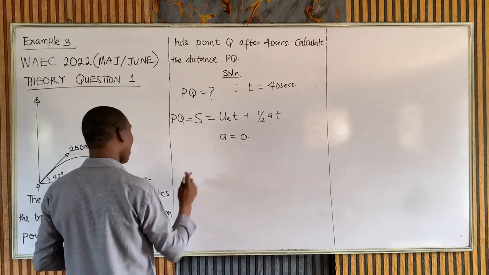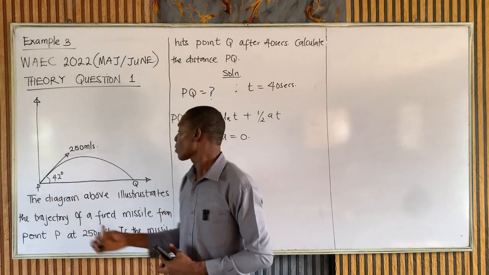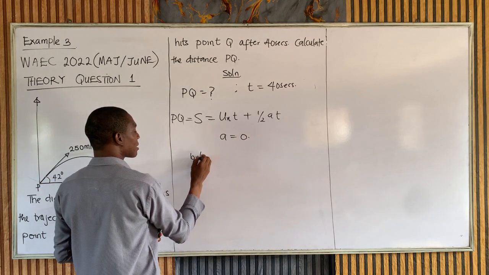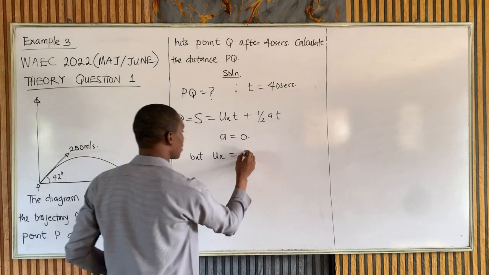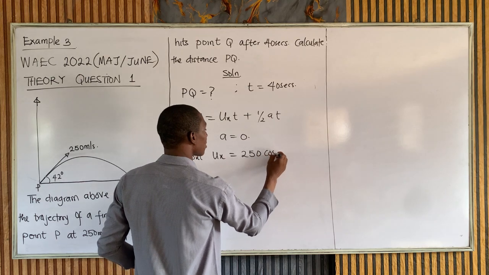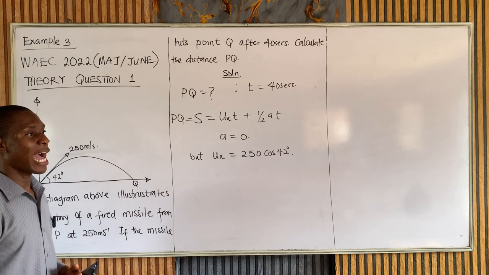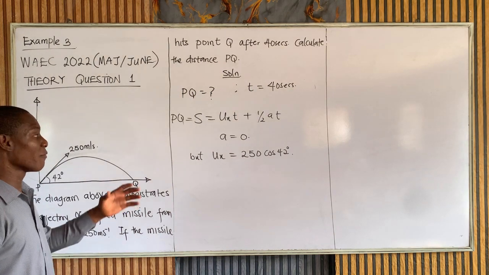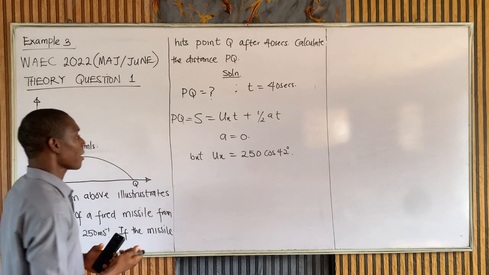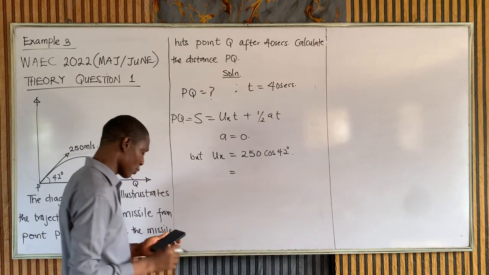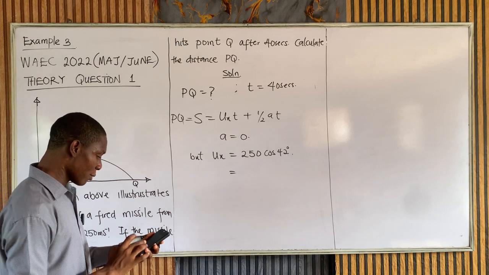Now, we have that our ux. Let's get our ux. Now, to get ux, you have to resolve this horizontally. So ux will simply be 250 cos 42 degrees. Now, if you don't know how to resolve, you should go and watch our video on resolution. I will drop all of these videos in the description of this video, so you can watch them. Now, what to do here is to say 250 cos 42. Let's evaluate that now. 250 cos 42. That is